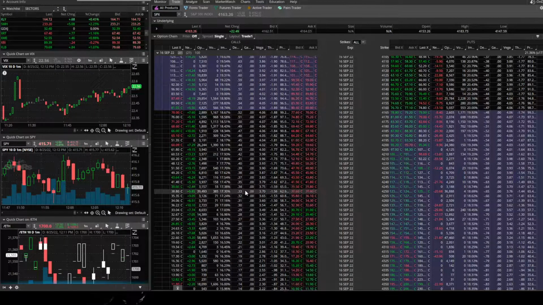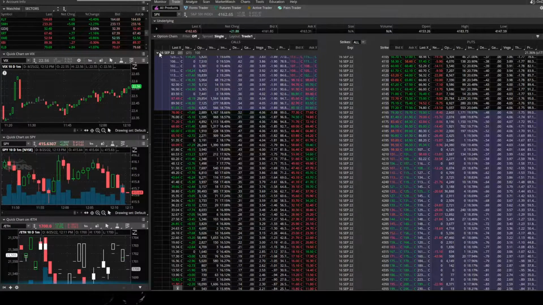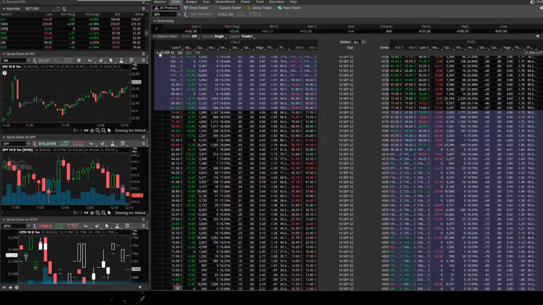Maybe we could see a pop all the way to a call wall around 4,250 or so. I think that's reasonable. Maybe even all the way up to 4,300. It is possible. Okay, we have to keep that as a possibility. I have put spreads on most of the indices, so this is not what I want to see, but it is what it is. I'm just reporting to you guys what I see. So that's definitely a possibility.